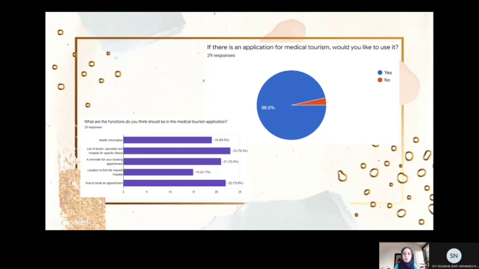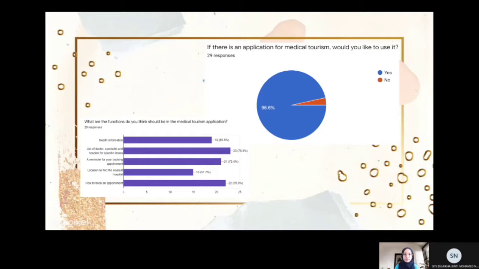This question is a multiple choice question. Okay, for the health information, 65.5% of responders choose this answer. For the list of doctors, specialists, and hospitals for specific illness, 79.3% of responders choose this answer.